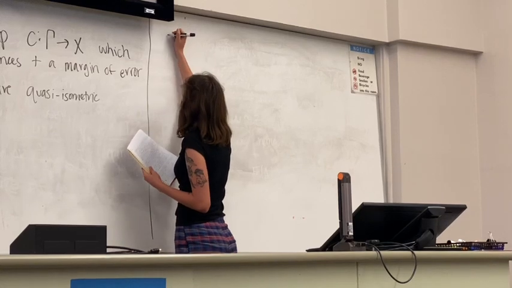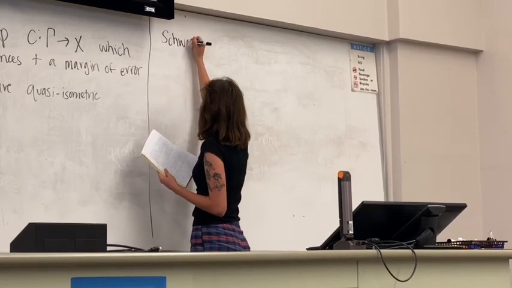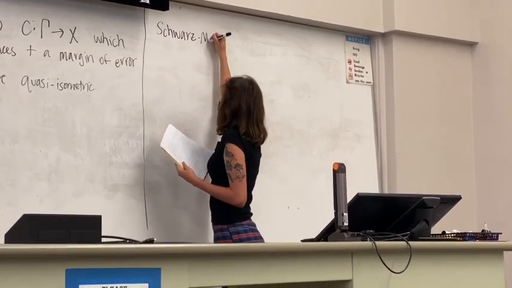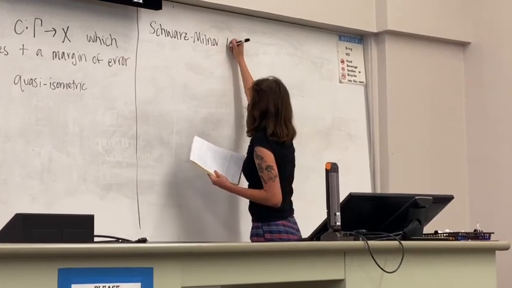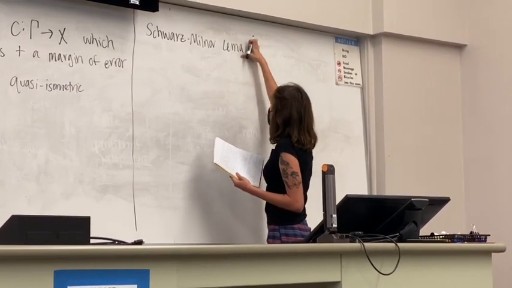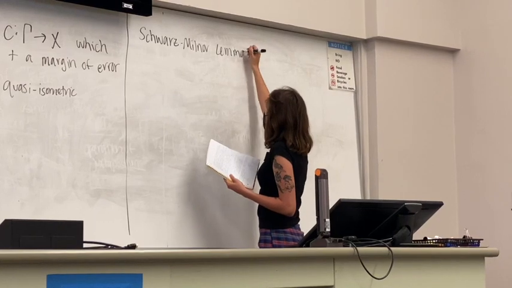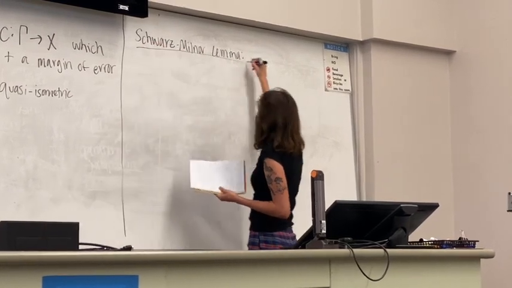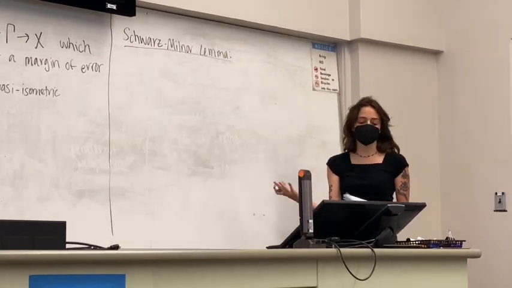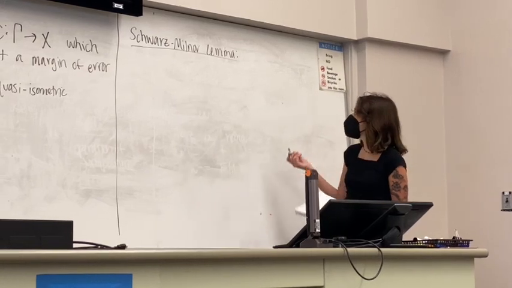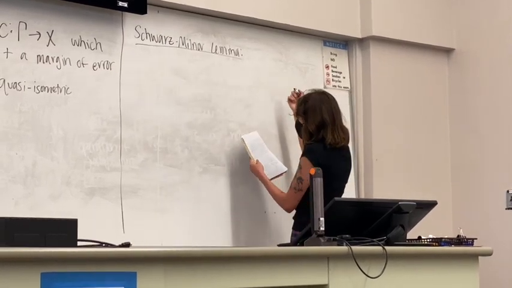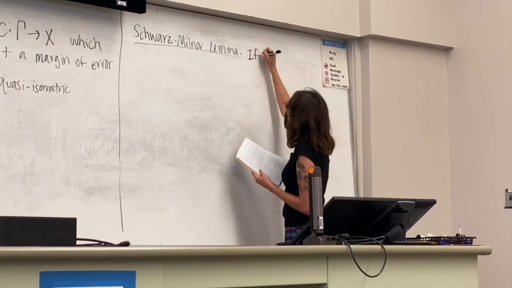And so this is aptly named the Schwartz-Milnor lemma. This is a pretty important result in my paper as well as in geometric group theory in general. And so the statement of the lemma goes,